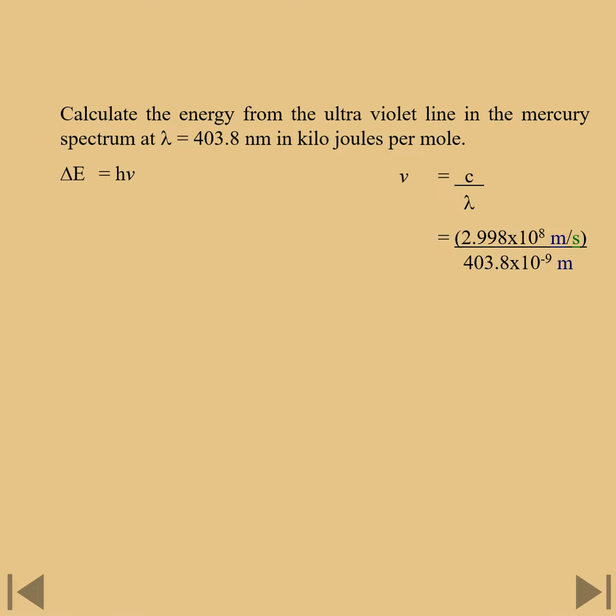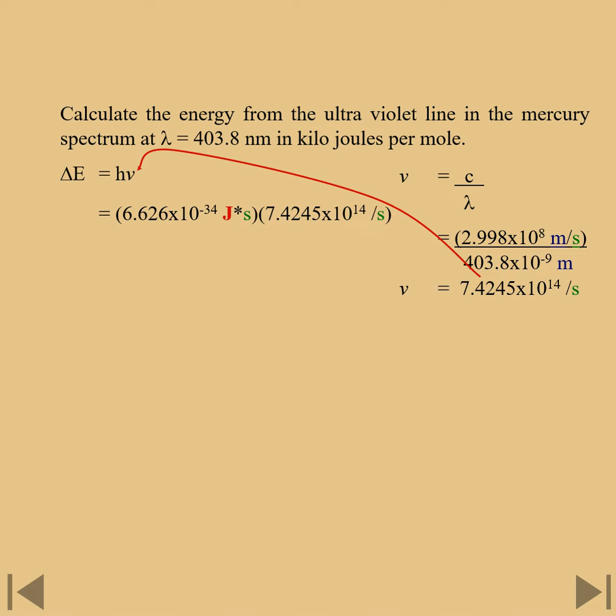Lambda is given, and again, make sure that your wavelength is going to be in meters so that those units match. If you didn't put it into meters and you paid attention to your units, you would catch that mistake right now. So it's always worth putting your units in and keeping track of your units, even if we don't use our units expressly to set up the calculation for us. Okay, so we have our new frequency,